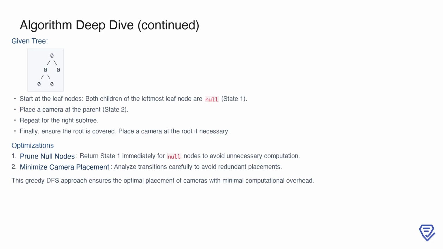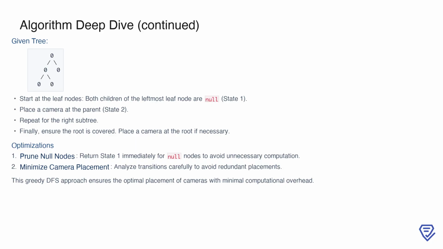This example highlights the importance of post-order traversal, as it ensures that decisions about camera placement are made only after evaluating the states of all child nodes. To optimize further, null nodes are pruned early by immediately returning state 1, avoiding unnecessary computation. By carefully analyzing state transitions, the algorithm avoids redundant camera placements, achieving minimal coverage cost. This greedy DFS approach ensures that the tree is fully monitored with the least number of cameras while maintaining a